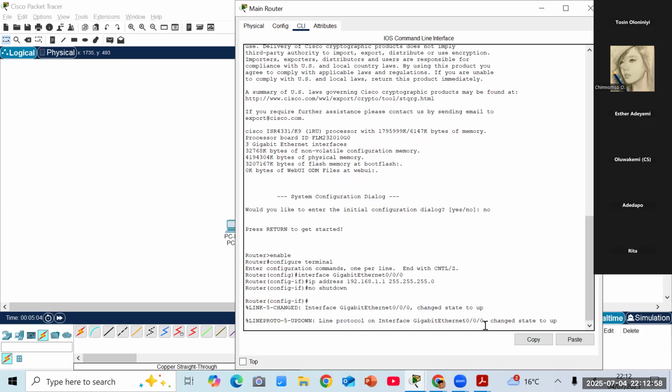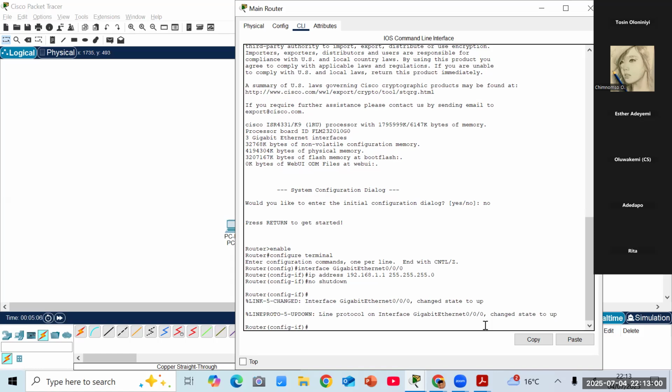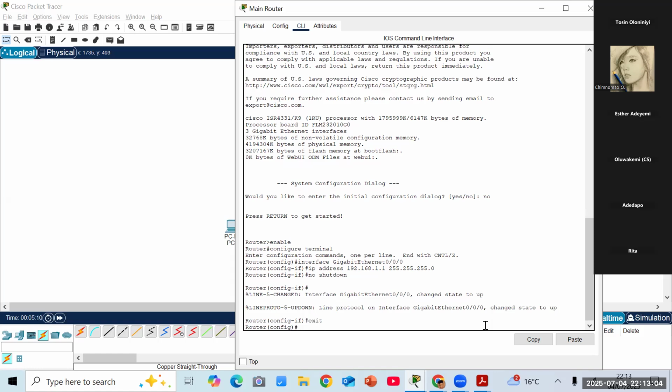It's done. And you can click exit so that you can go back to the config. Can you see? Once you know all the things you need to put, you won't have any error. Just know these basic commands, then you are good to go. So once you're done, now we need to put the IP for the